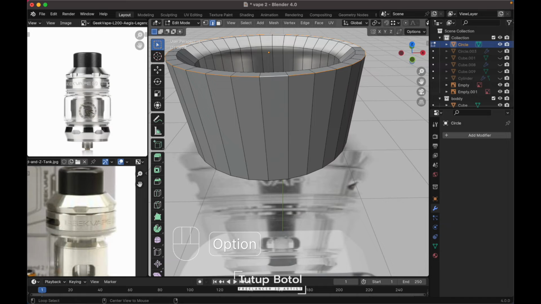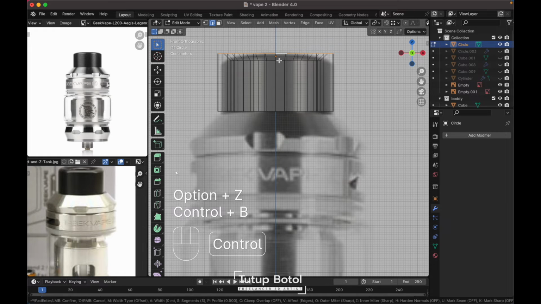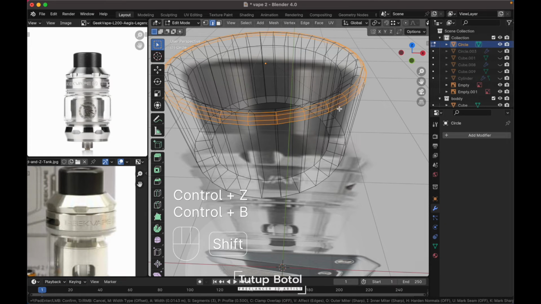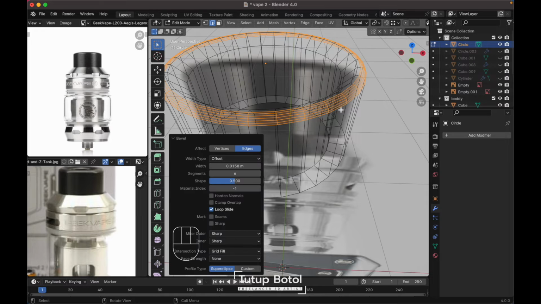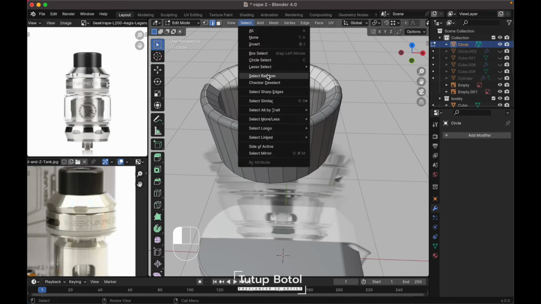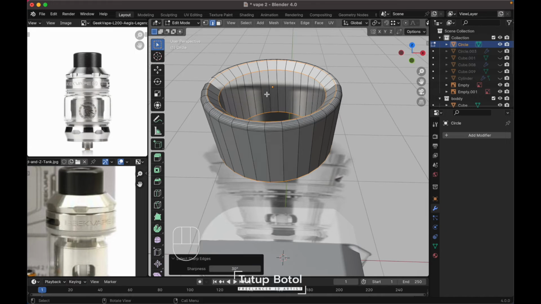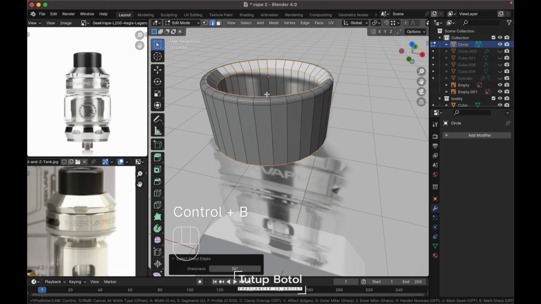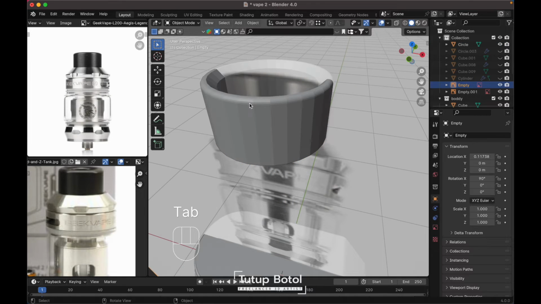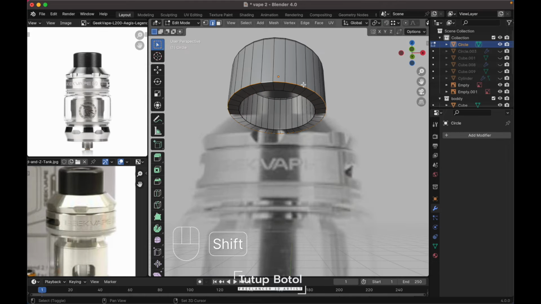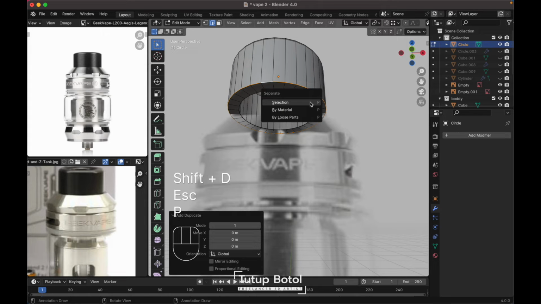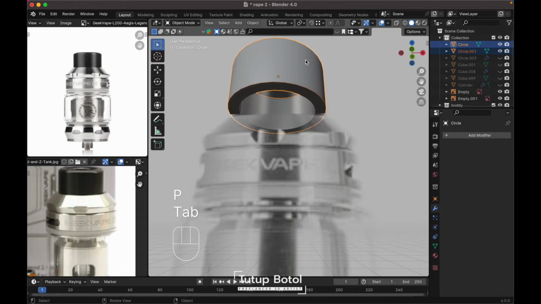Select this edge, Alt C, Ctrl B to bevel it, press the segment. Okay, select sharp edge, just bevel a little bit, shade out smooth. Just select this edge, press Shift B to duplicate it, press P to separate them, selection, select this circle, tap